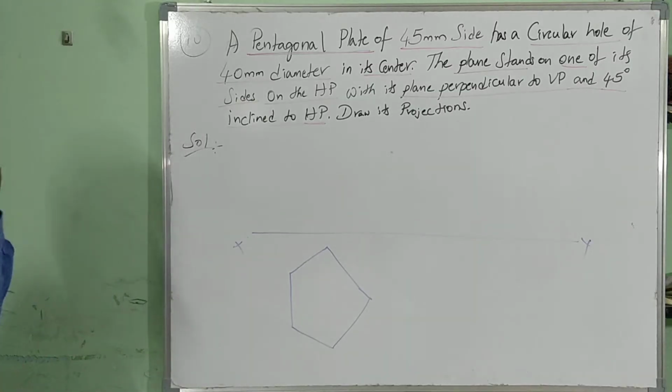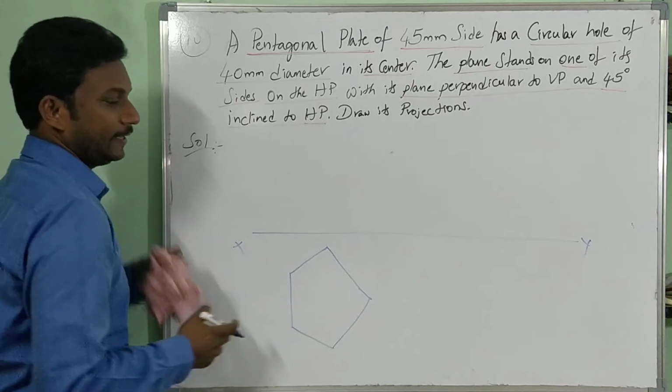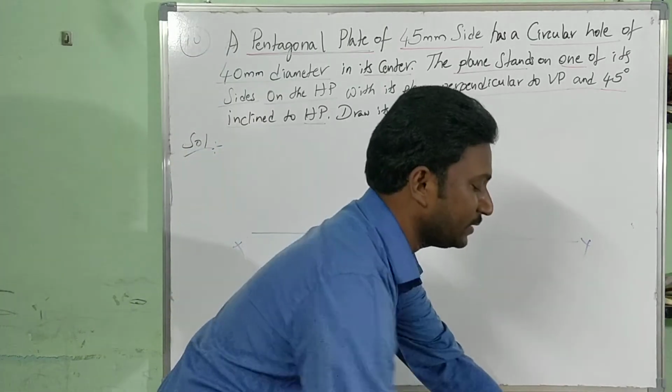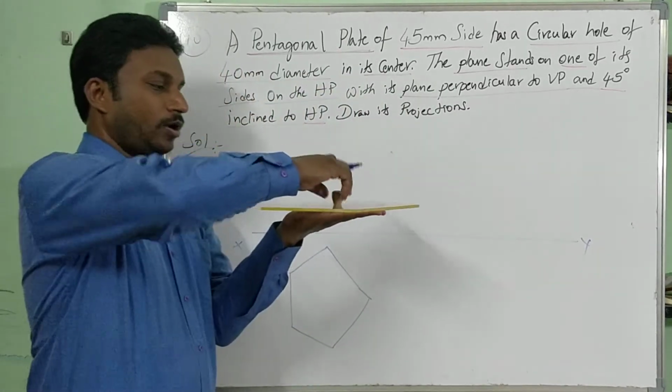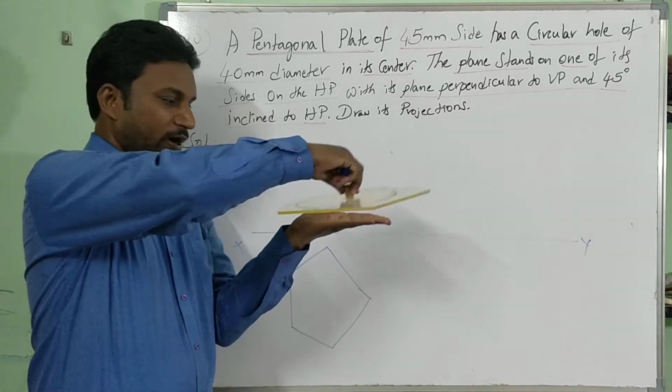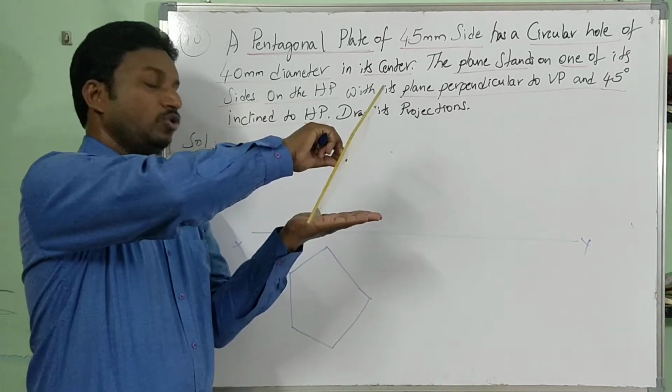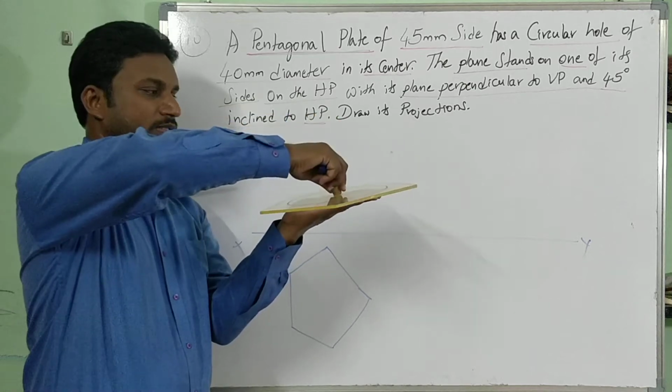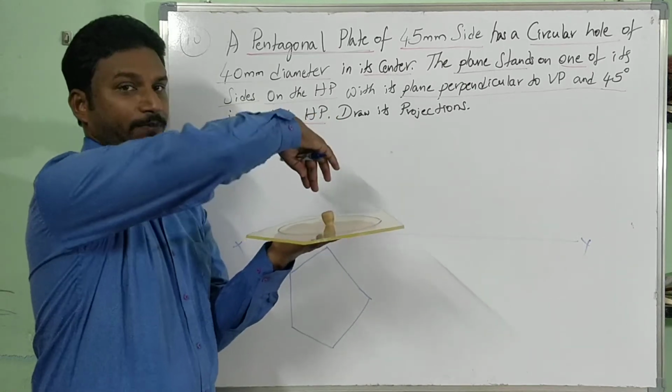Pentagon top view, true shape. What is its dimension? See, keep this side vertical. Sir, here comes another explanation. Drawing the pentagon like this, one side we can lift easily. You may ask a doubt, I can draw the pentagon like this also, meaning a side parallel to VP.